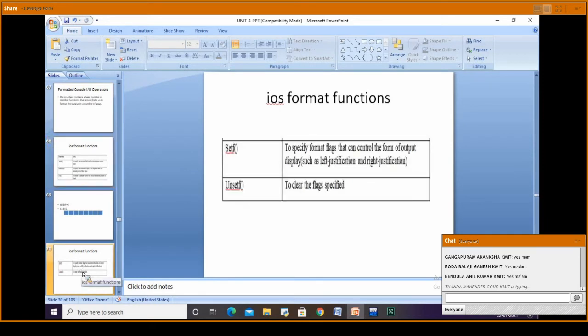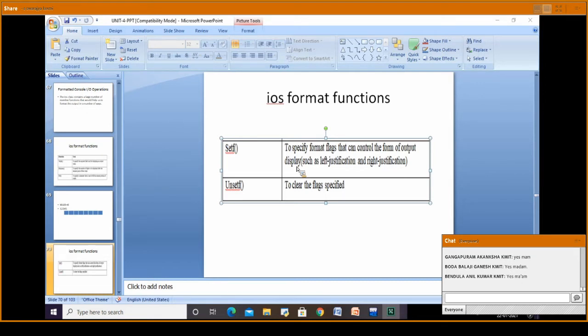Then the next function is setf. This will come, we'll see. First we will see this, then we'll come to the programs. The setf function, these are format functions, to specify format flags that can control the form of output displays. Either you want to specify left justification or right justification, like for example when I specify width.